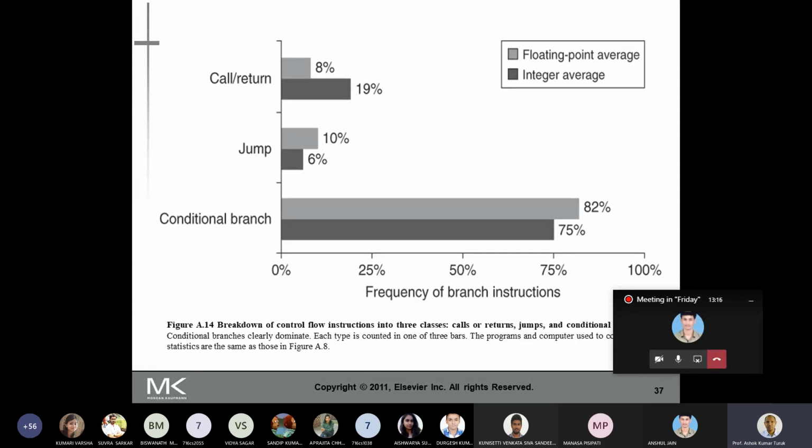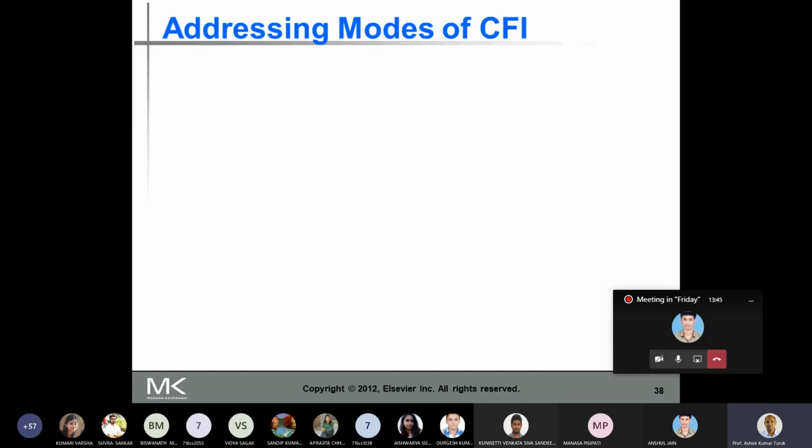When the conditional branch dominates, we are discussing all these instructions to know where to put the resources. Once you know that the majority of the executed instructions are conditional branches, the architect will figure out how to handle the conditional branches in a much faster and more efficient way, so that the entire program runs faster.